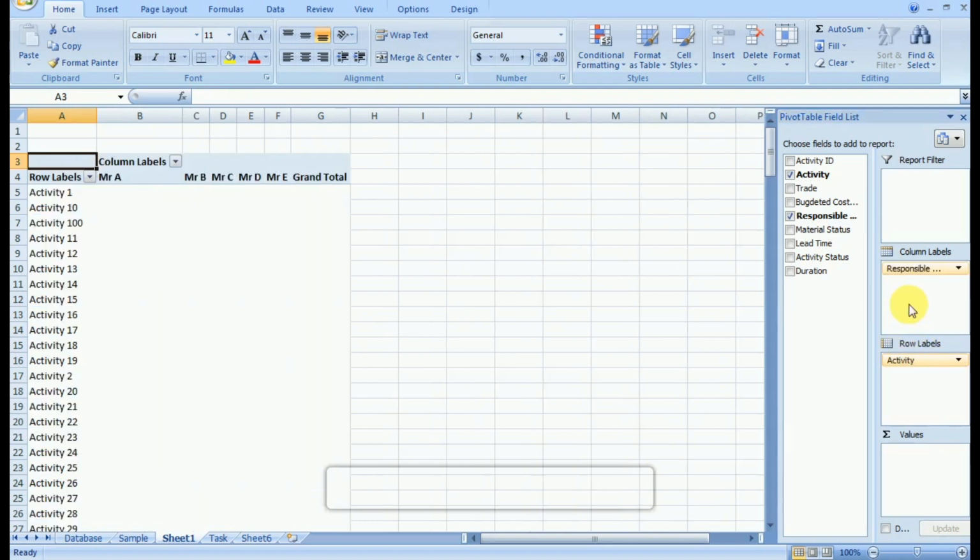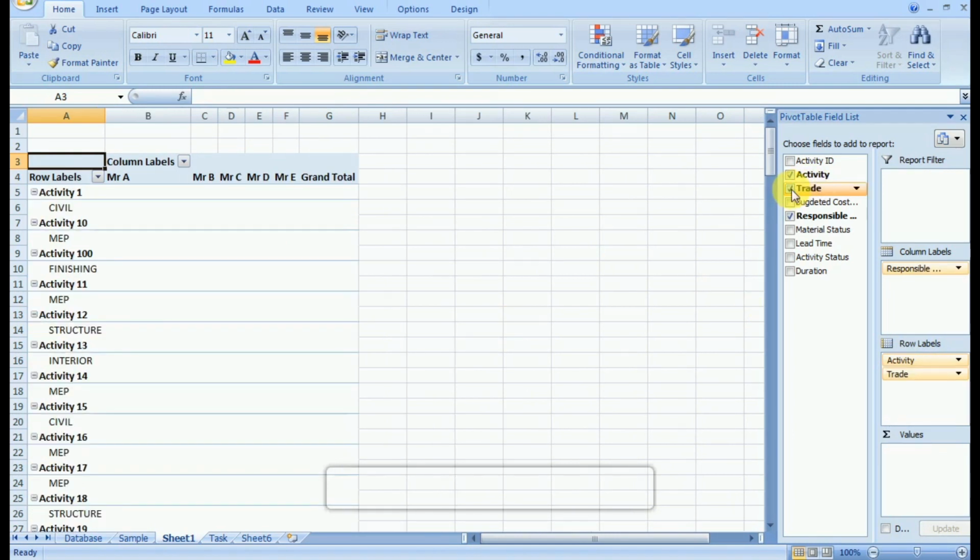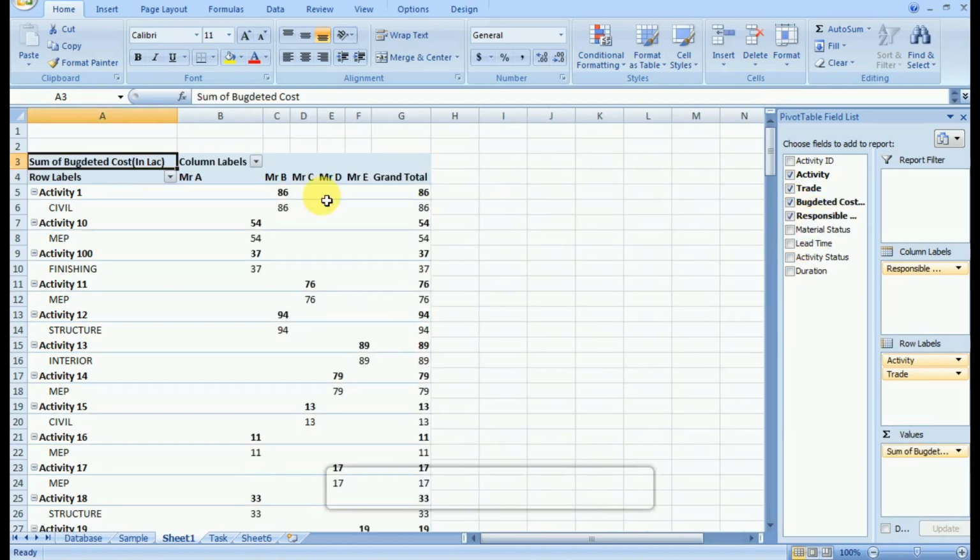Now if you want that information to be in column, you can drag the particular field to the column label, and then you can select other information also. So again when we select trade, by default it goes into the row label, and when you select any value, it will by default go to the values.